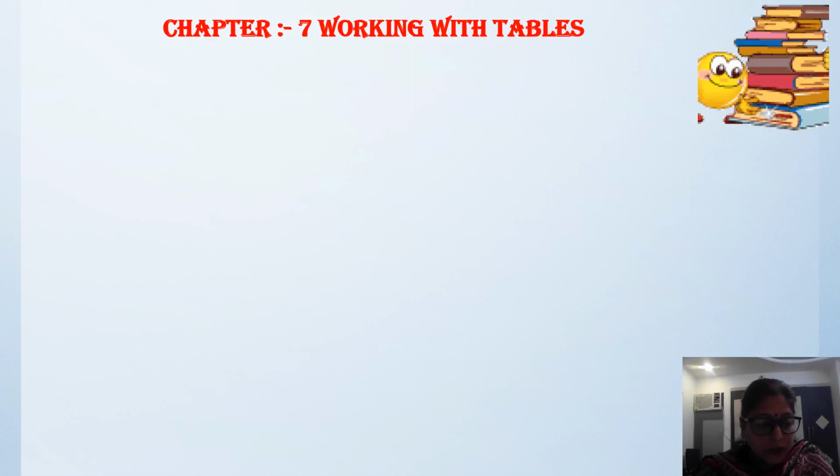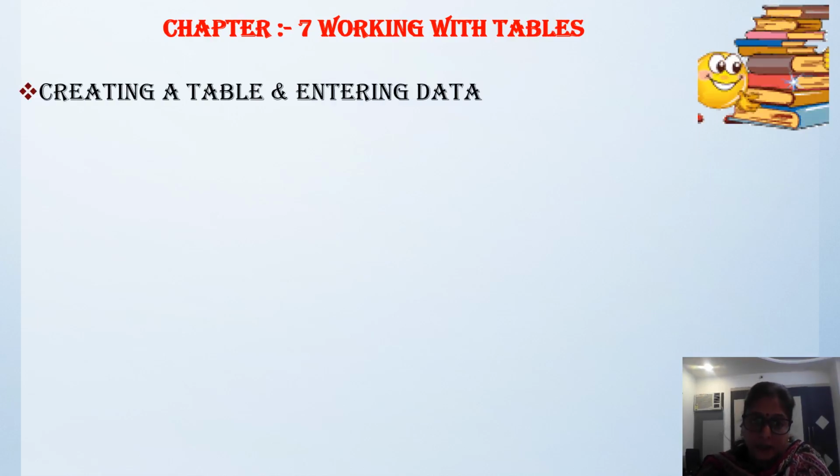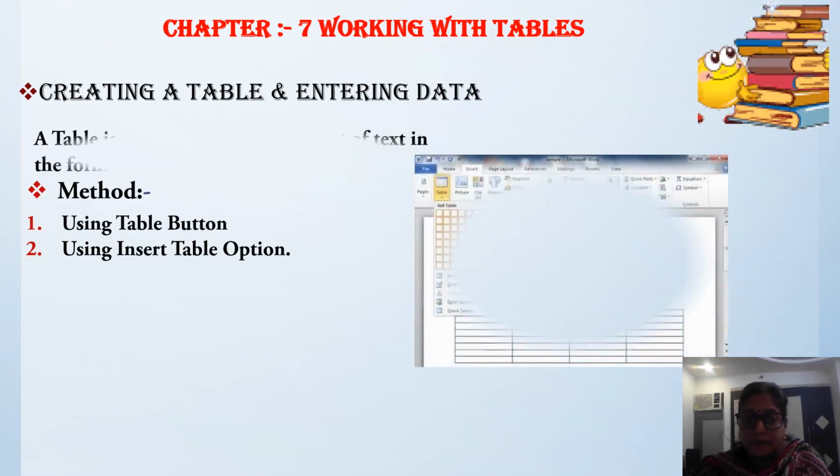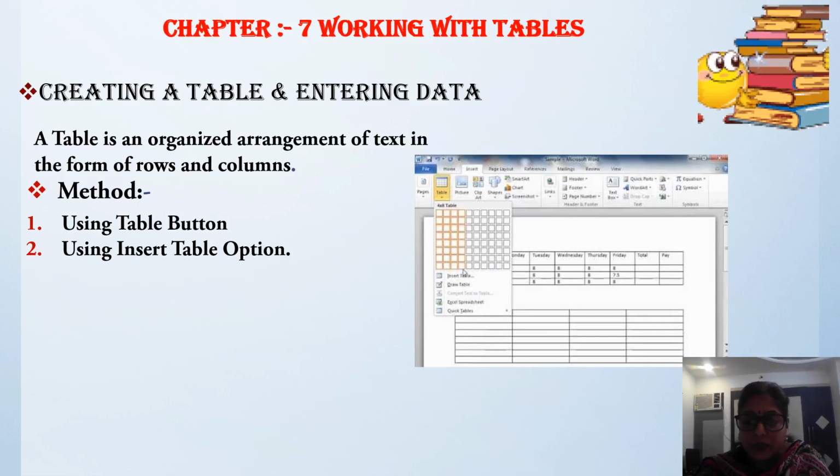Children, MS Word offers a flexible feature of presenting information in a tabular form so that we can organize the data efficiently, right? A table consists of a number of rows and columns. So let's start with creating a table and entering data. How to create a table now?